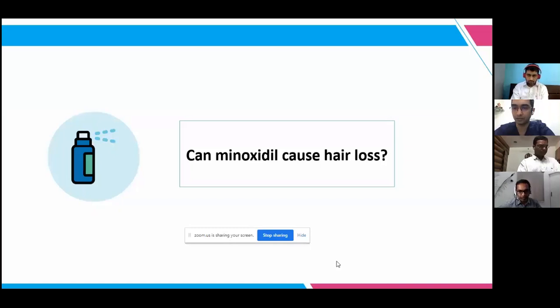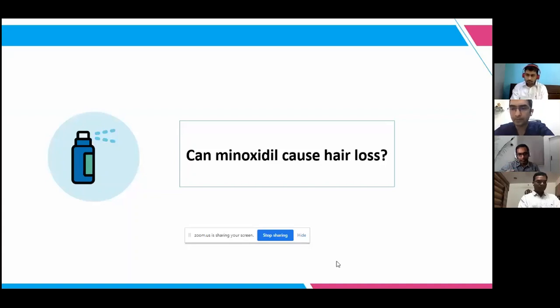I don't think we have any product like that in India. Can I answer, Dr. Malay? Yes, please. Minoxidil sulfate, I haven't tried it. I don't think it's available in India. I was just going through the literature. For minoxidil sulfate to be dissolved in alcoholic solution, the concentration should be 25%. That's one practical difficulty which limits the clinical use widely.